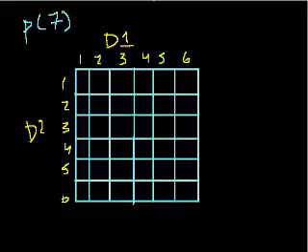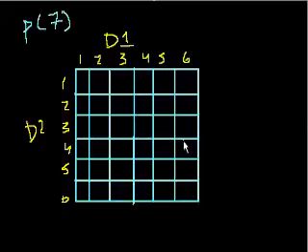Where I left off in the last video, we were saying, well, I have two dice, like, let's say we're playing Monopoly, two six-sided dice, and I want to say, what's the probability that I get a 7? So when I add up the two rolls on the dice, what's the probability I get 7? So I drew this grid here, and this grid essentially represents all of the outcomes I could get with the